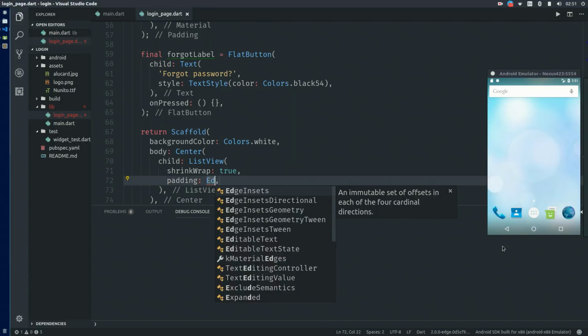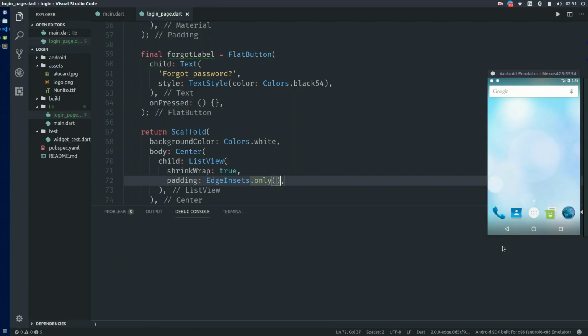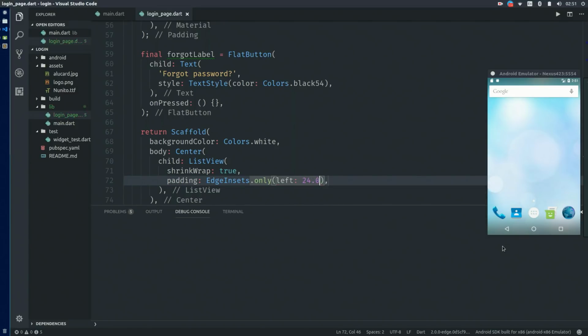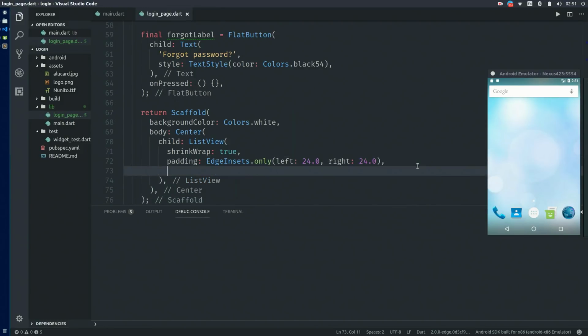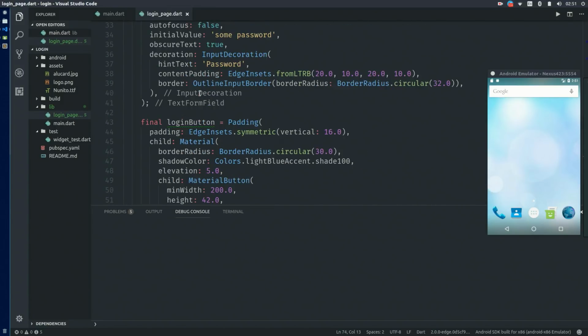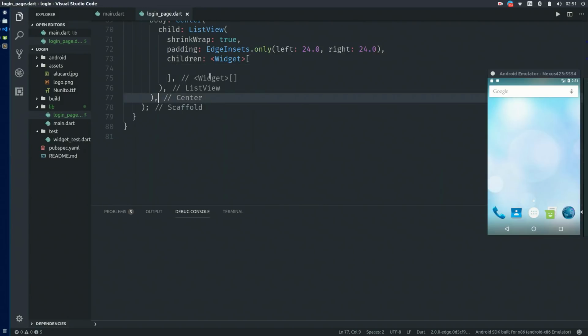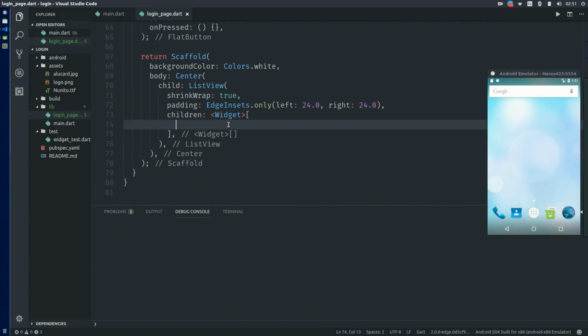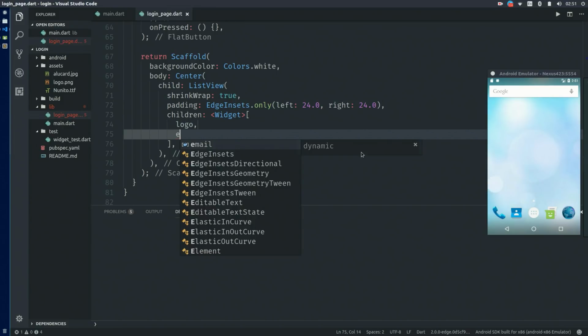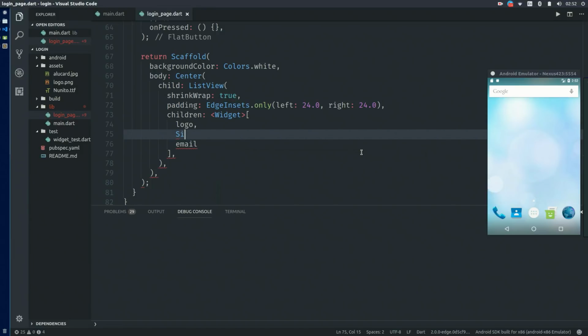EdgeInsets only left 24 maybe, and then right 24, and finally add children for all the widgets that we have written before. So we can add the logo widget here, and then I want to make a space between